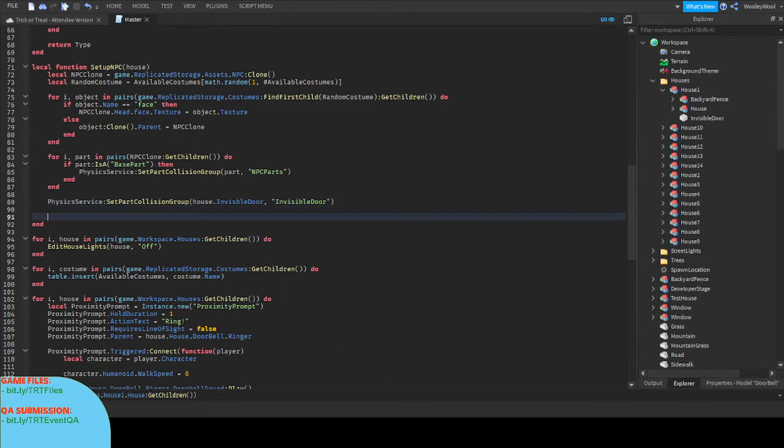Alrighty. Now that we have the two groups with the parts inside of it, we're going to do physics service, set collision group collidable. Sorry. Make sure. Yep. And we're going to set the two groups, which is going to be the NPC parts and invisible door, and